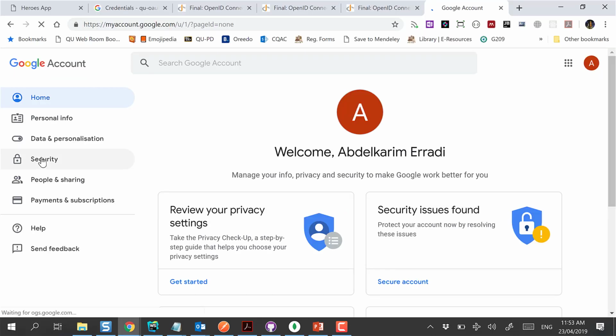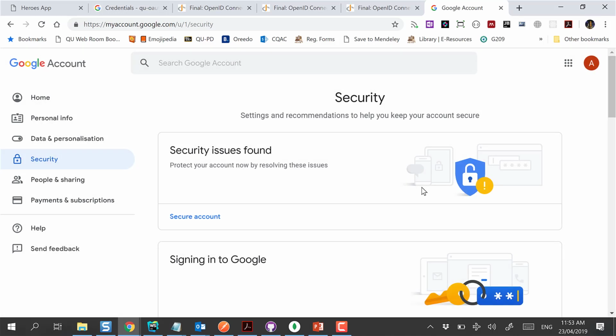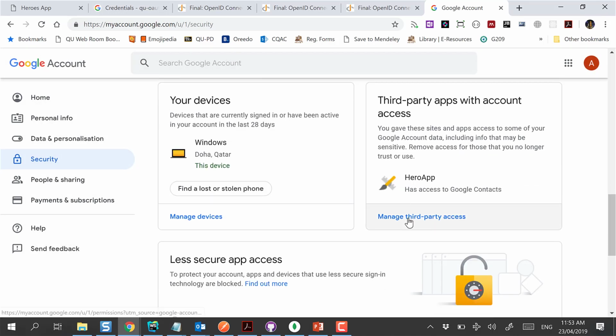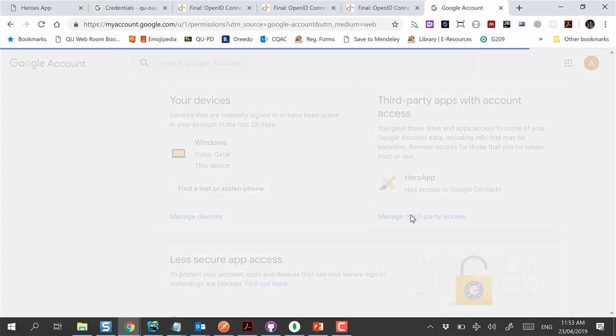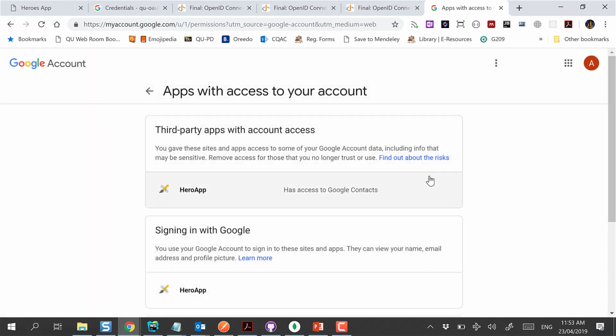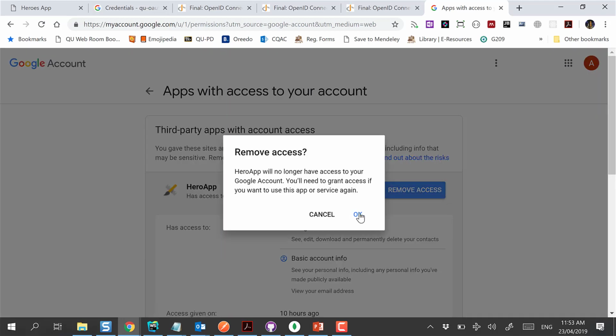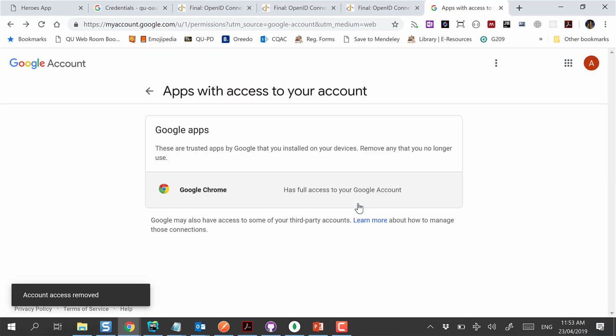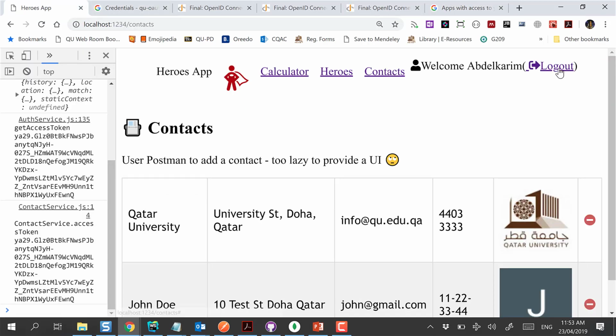If I go to security, and if I go to the apps that I authorized, you remember when I authorized the app, I am authorizing my Hero app to access my accounts, my contacts. I remove the access. Of course, the user can go back and remove access. Now, if I log out,